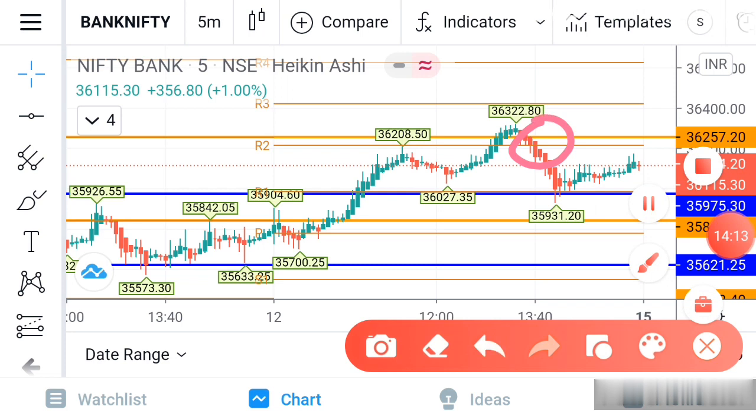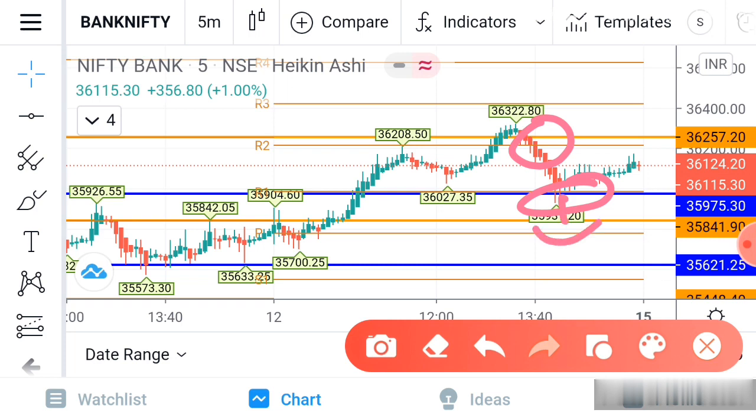After that some people will think, okay, the market will fall again. But the market will not fall because there is a support area. The support again has to break with a candle, then only we can expect a further fall. And you can see after that the market was going sideways. So this is very important.